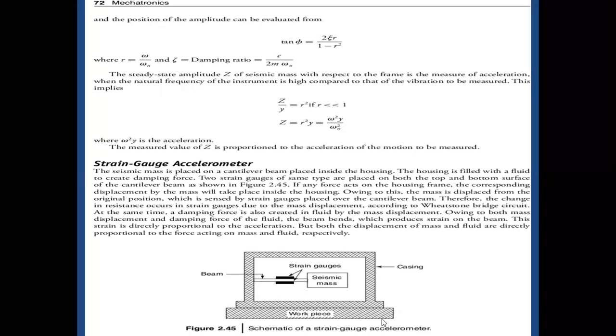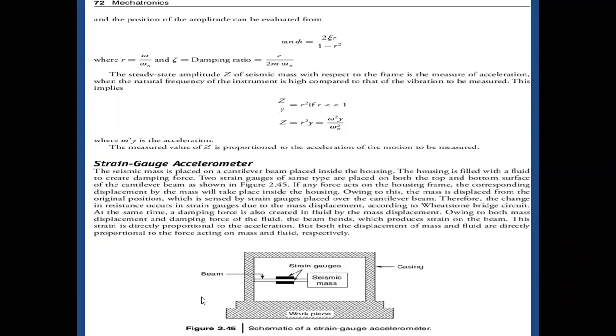So here the entire casing is mounted in position on the workpiece. Whenever you give acceleration to the workpiece, obviously along with the workpiece the accelerometer also goes along with it, with some kind of acceleration. So the disturbance is being caused to the casing. Suppose in this situation,